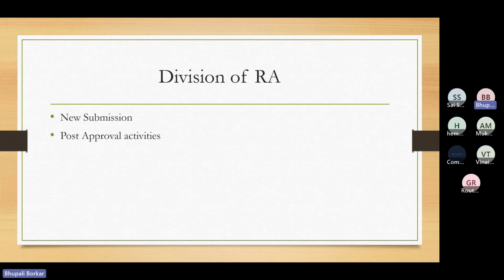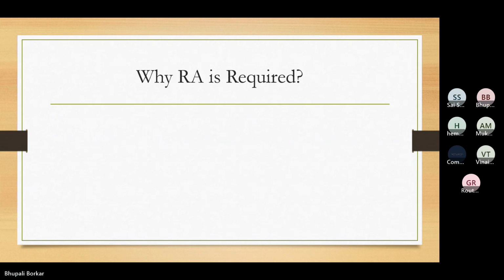So we have to prepare the entire dossier with all the different sections of CTD, and that is your new submission. We submit that particular dossier to the authority. If the authority agrees with your formulation, then you get approval. And after the approval, whatever changes are taking place are done in your post-approval activity. So these are the two parts I have divided it into, but we do have other activities; these are the main ones.